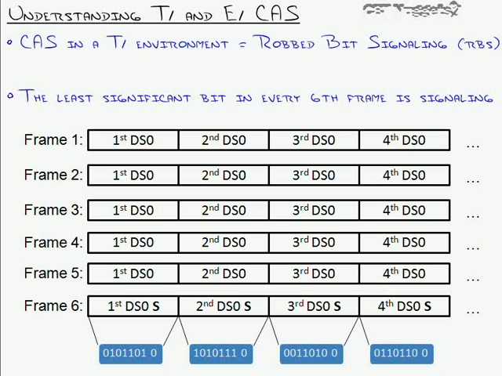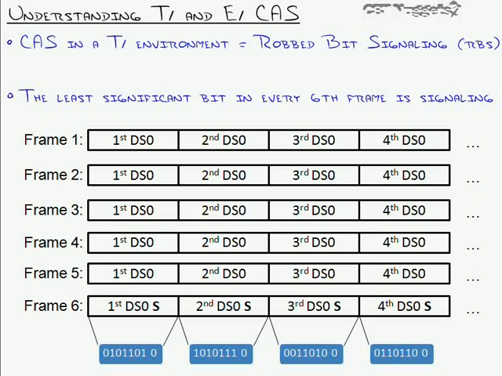But in the voice world, it's pretty critical to know how this works because we need to know how signaling is being communicated. And if signaling isn't passed, we need to know where to start looking. So, when we're thinking about T1 environments, which is the United States, Canada, Japan, those major areas, and some other areas still use T1s as well, CAS in a T1 environment is known as robbed bit signaling, or RBS. Keep that one in mind because I think that is the best description of what this does.